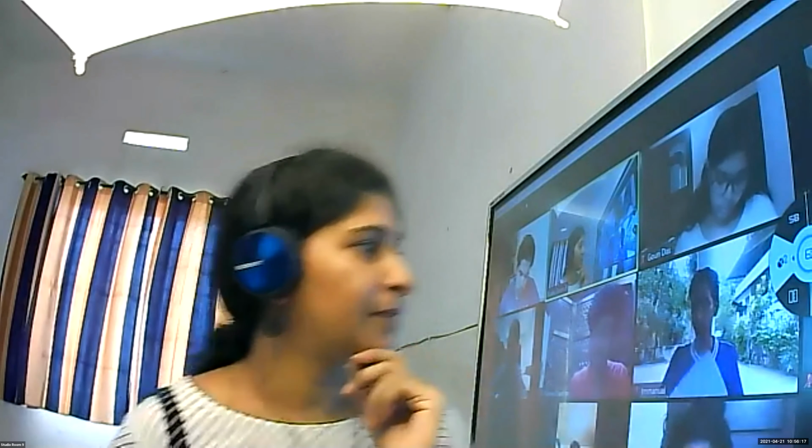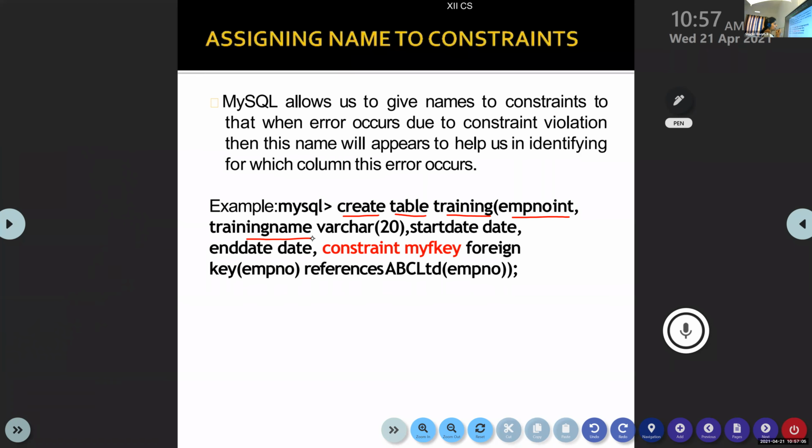That's the first thing I have to know. Constraint keyword should be used. So I'll show you the example. Create table training: empno int, training name varchar 20, start date, end date.